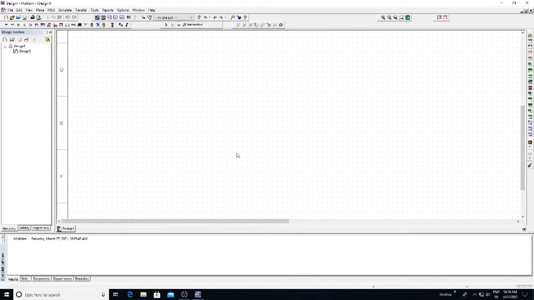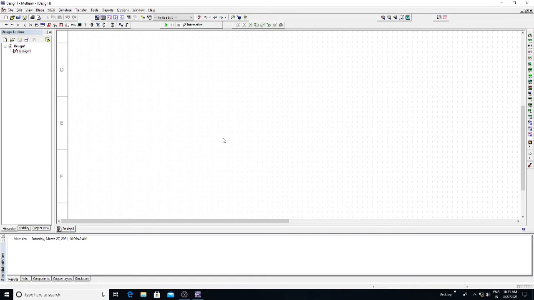Firstly, we need to place the components in order to connect our two-stage RC coupled circuit. Initially we have an input capacitor, biasing resistors R1 and R2, and a collector resistance. At the emitter section, we have a stabilization capacitor CE and resistor RE, and the transistor. This is the first stage. Similarly, the same connection is made for the second one.